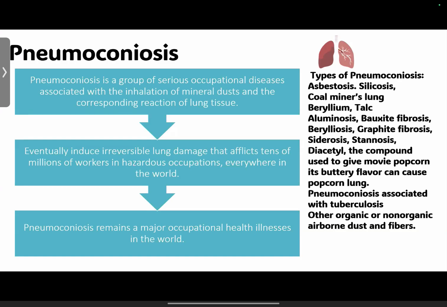So, what kinds of pneumoconiosis are there? Well, there's the most famous ones: asbestosis, silicosis, coal miners' lung. Those are fibrotic, and then there's all sorts of other entities that also produce this. An interesting entity also is diacetyl, which is a compound that they used to use for popcorn here in the United States. And that caused, unfortunately, people to get pneumoconiosis. And then throughout the world, there's also interactions between inhalation of dust and tuberculosis, etc. And we'll go over some of those diseases, which have been known for like 100 years.